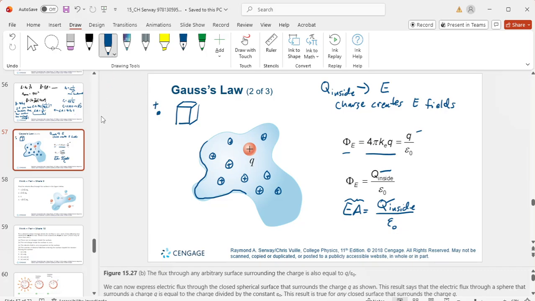And I look at the field lines created by that positive charge, and my field lines are going to do something like this. Okay, and you'll notice some of the field lines are penetrating through the box, but for each field line that's penetrating, there's a field line that's leaving. So if Q is not inside,